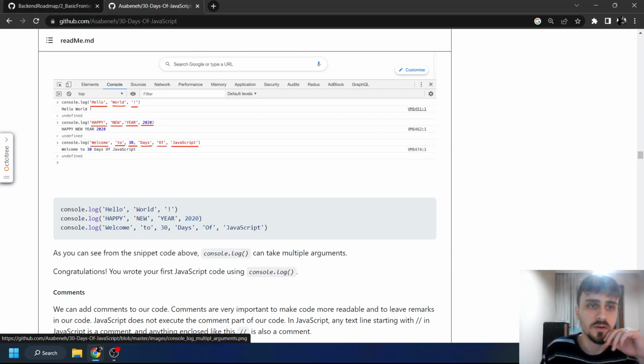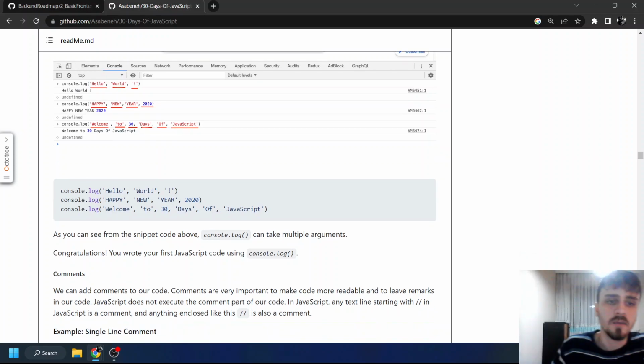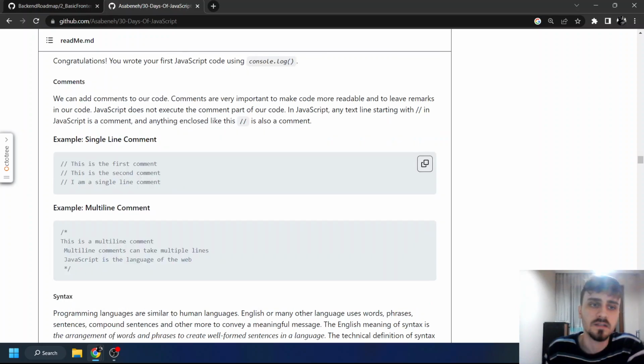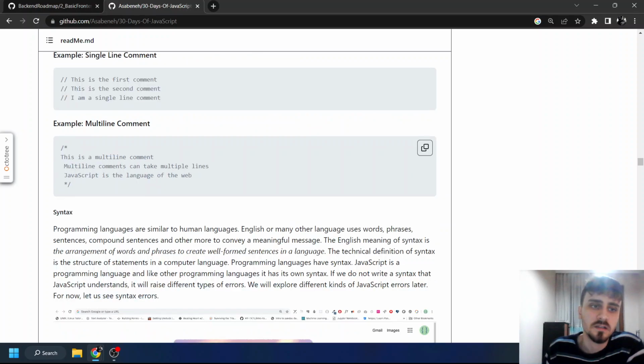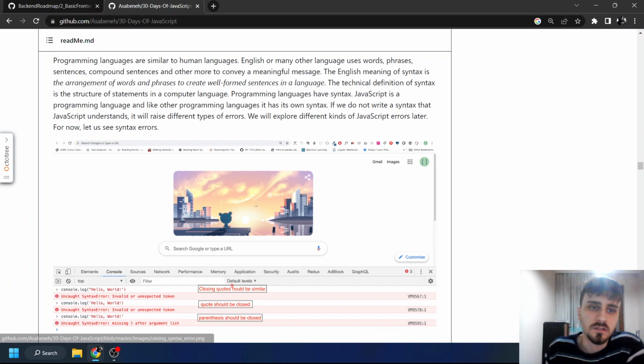Happy New Year, as you can see, prints out, and you can concatenate these with these marks. Single line comment is two slashes, and multi-line comment is slash star, star slash. As you can see here,